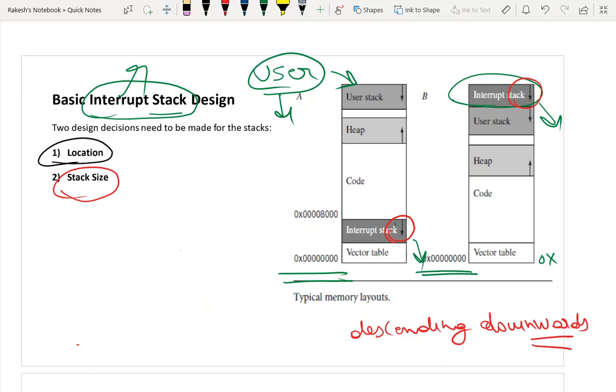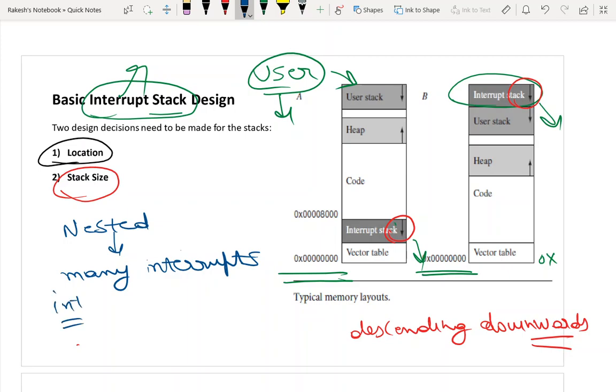Here, in the case of a nested interrupt handler, you are going to handle many interrupts. You will allow that. Many interrupts are allowed, meaning it's not only one single interrupt you're going to service; you're going to service many interrupts. While you are servicing one interrupt, let me say the first interrupt I1, another interrupt comes and interrupts the processor before the completion of this interrupt. That is what we call a nested interrupt, isn't it?